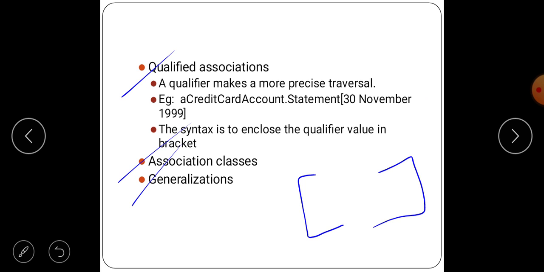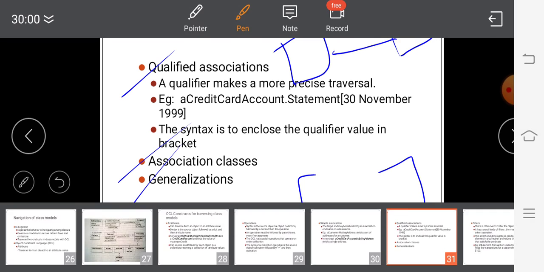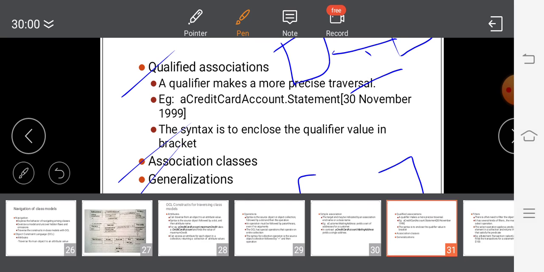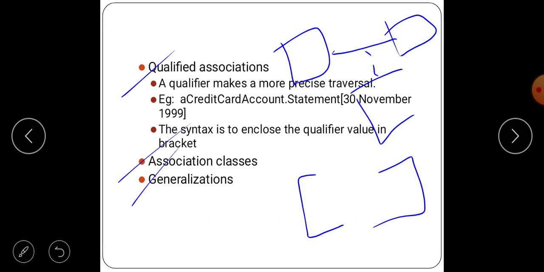Next one is association class. What is an association class? We know that there are two ordinary classes. In between there is a link. For that link, with a dotted line, we connect to another class.